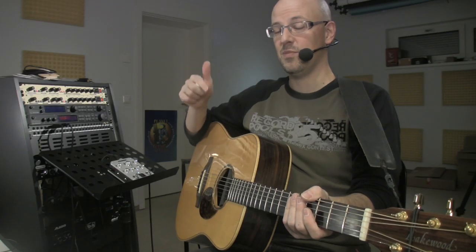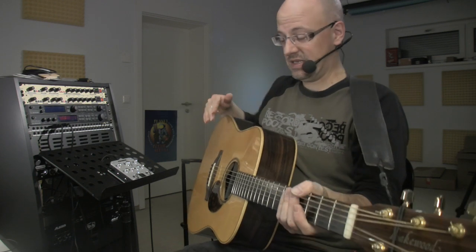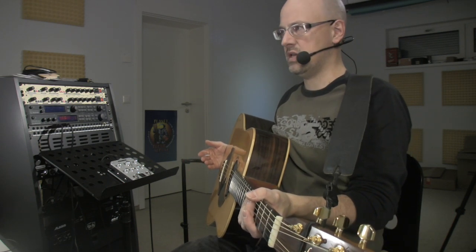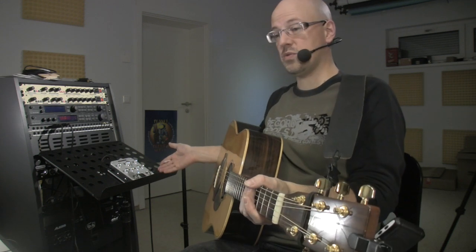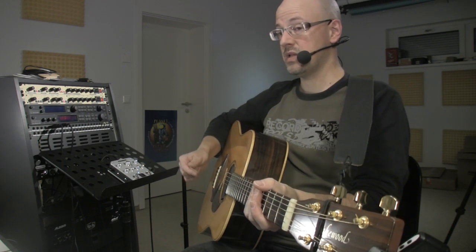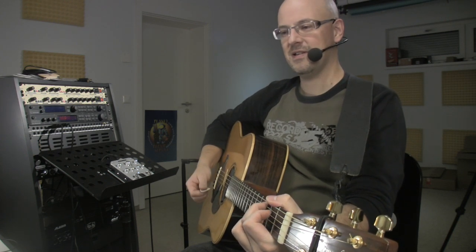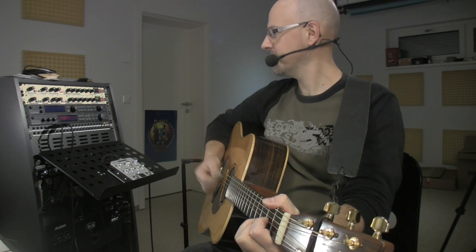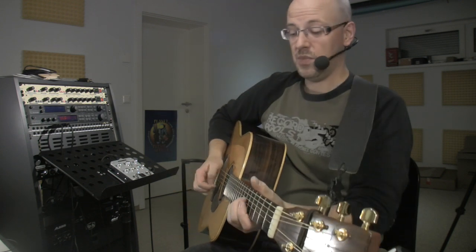Here I am, plugged in. Lakewood guitar, Fishman pickup. One of these end pin preamp thingies with dials, back from the 90s, I guess. No, but I don't know. It's quite old, by the way. Into the Fishman. Nothing dialed in, maybe a little bit of reverb afterwards, and this is how it sounds straight to the board. Wow. Okay, it's not that bad, but